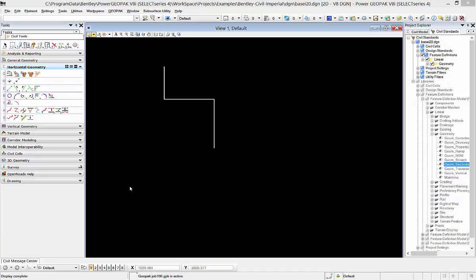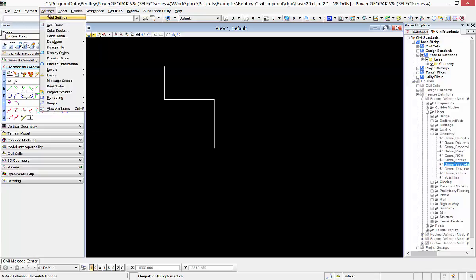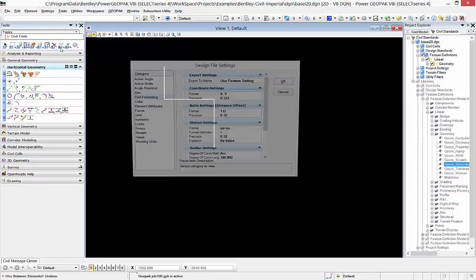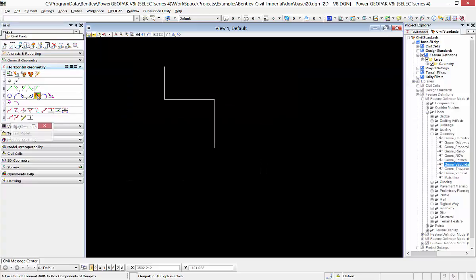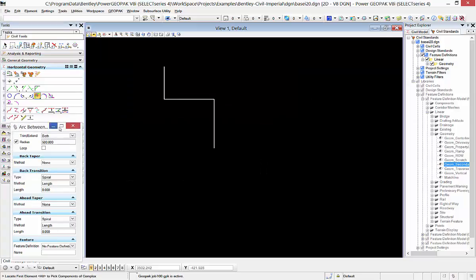In this example, we're going to create some chord and arc definition curves. The setting for those curves is controlled up in our design file settings under the Civil Formatting tab. So we'll go up there now to Settings and Design File. Go to the Civil Formatting tab and we'll see that the degree of curve method is currently set to arc, which is okay. So I'll go to the Create Arc Between Elements command and we'll create a 500-foot radius curve